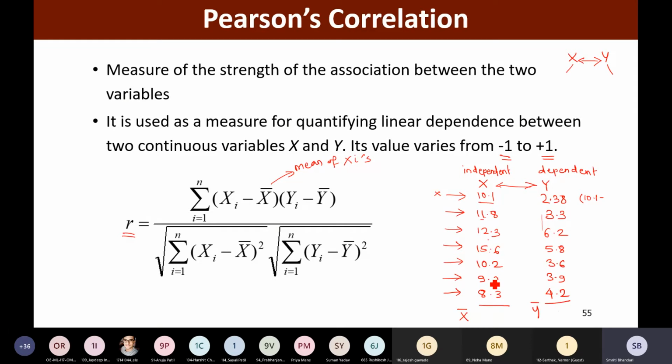What is x bar and what is y bar? The mean of x values and the mean of y values. What does it come out to be?